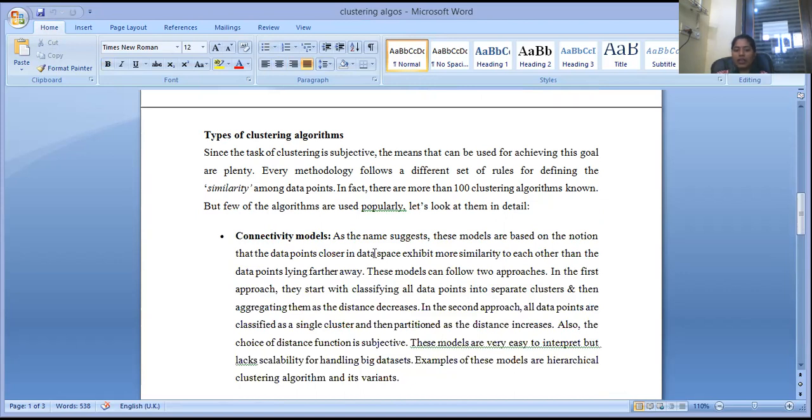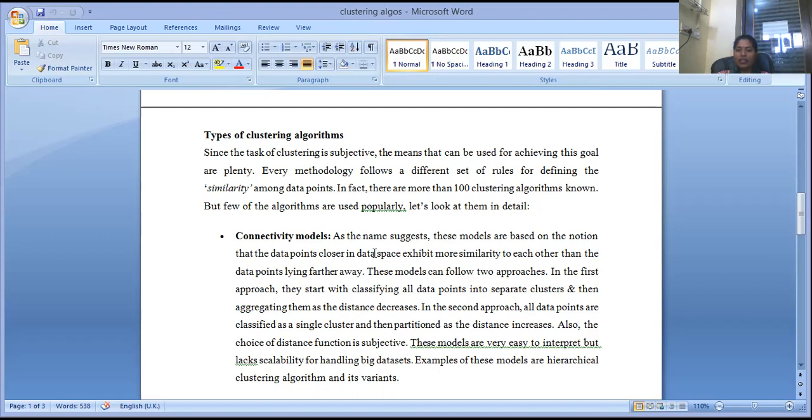Now, types of the algorithm. Since the task of clustering is subjective, the means that can be used to achieve these goals are plenty also. Each methodology follows a different set of rules for defining the similarity among data points, isn't it? There are more than 100 clustering algorithms known. Now, if we talk about the connectivity models,